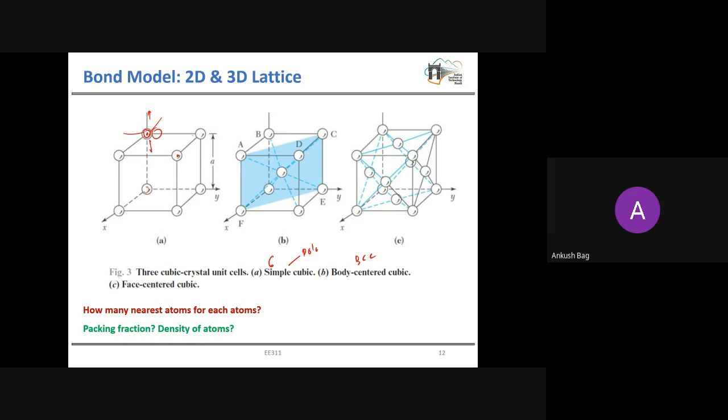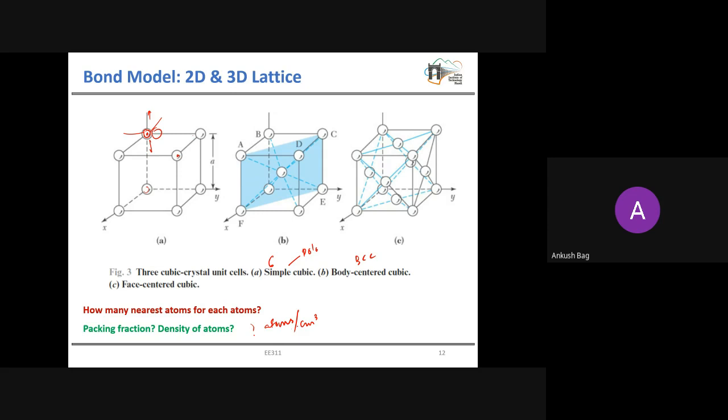Remember, perhaps in the last class I mentioned, we need to understand how many atoms there are per centimeter cube. Per centimeter cube, how many silicon atoms are there? Because if every atom donates one particular electron, then that many electrons per centimeter cube will be available to conduct your current. So that is why this quantification is essential from this crystal concept.